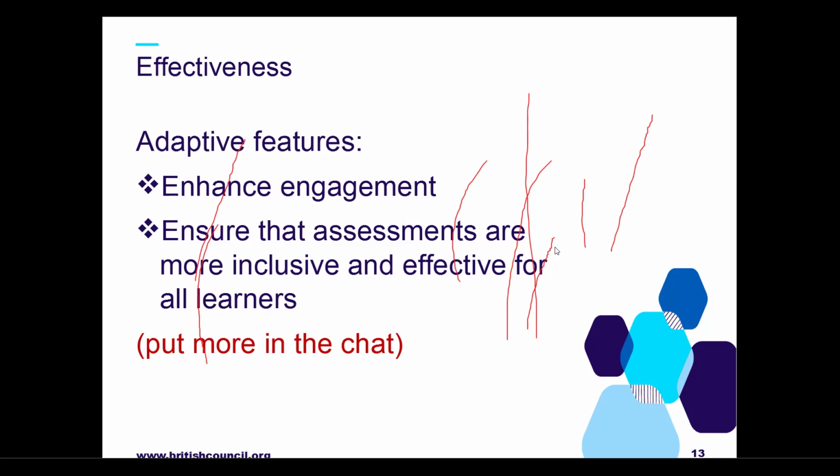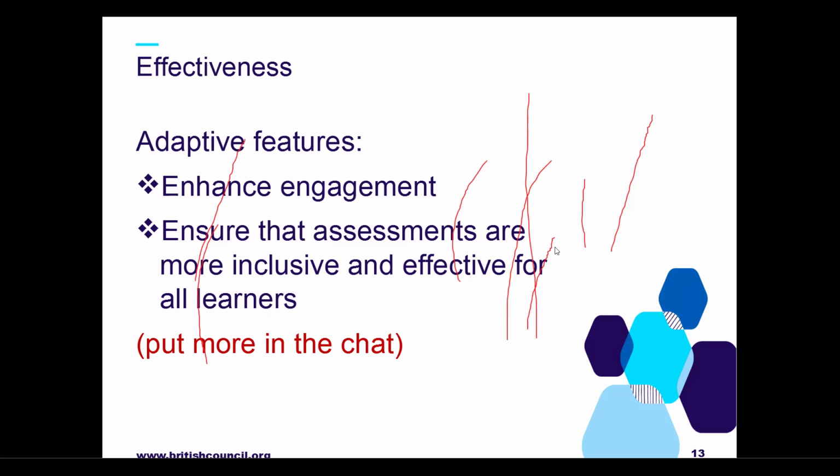Okay. So we look at the effectiveness. The adaptive features enhance engagement.